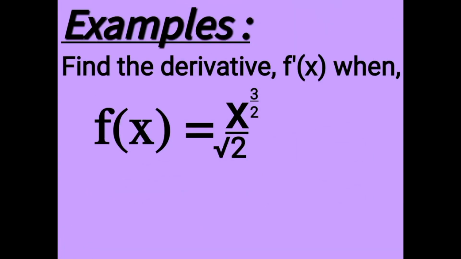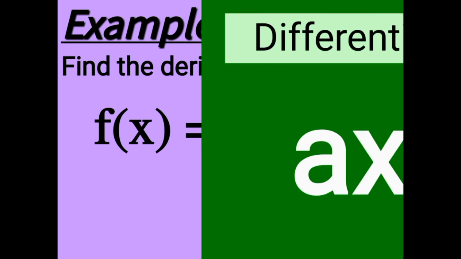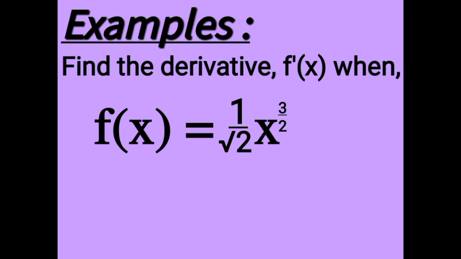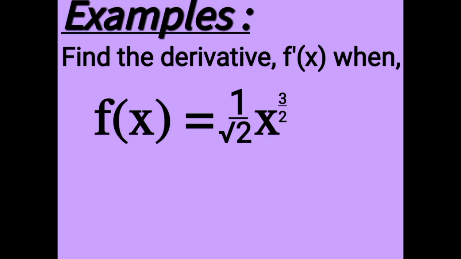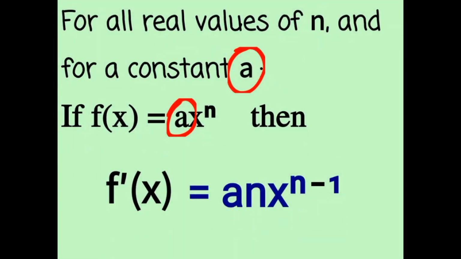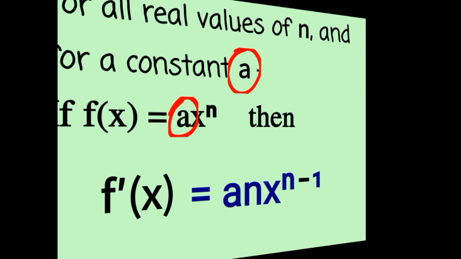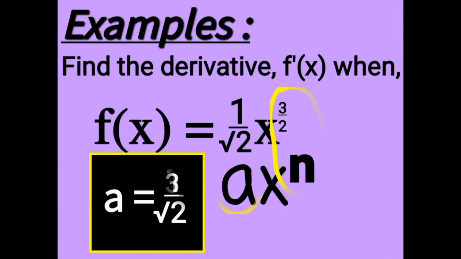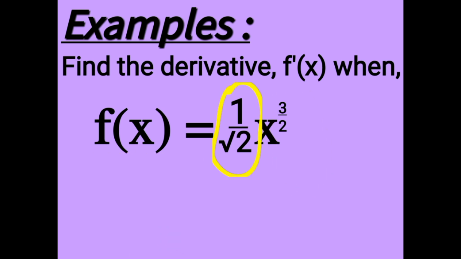f of x equals x to the power 3 over 2 over square root of 2. So, writing this in the form a x to the power n gives us f of x equals 1 over square root of 2 times x to the power 3 over 2. Now remember, a can be any number including fractions or surds. So here a equals 1 over the square root of 2 and n equals 3 over 2. Then multiplying 1 over square root of 2 by the power 3 over 2 and subtracting 1 from the power to differentiate